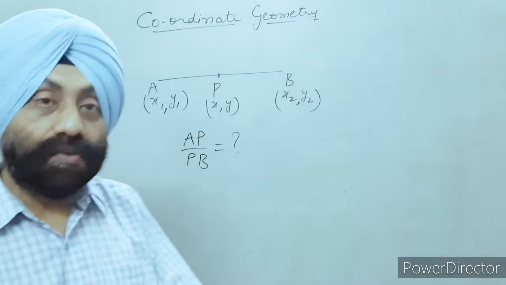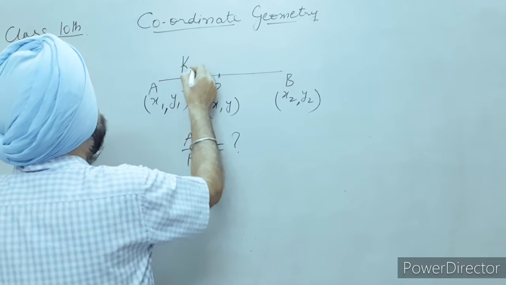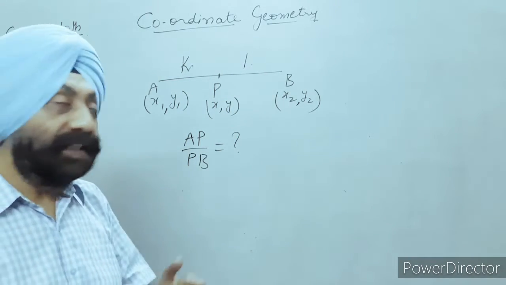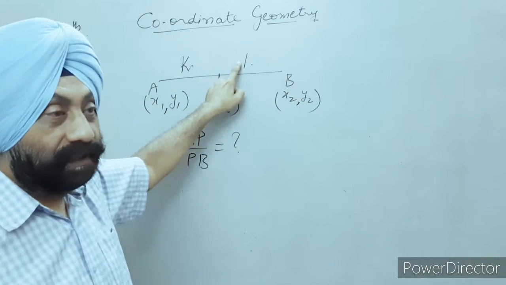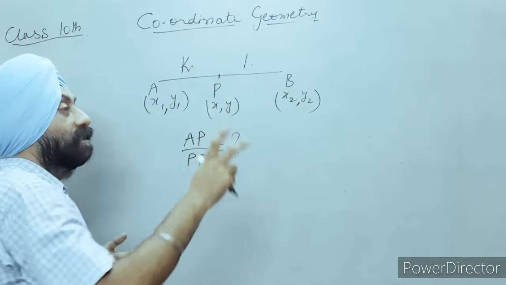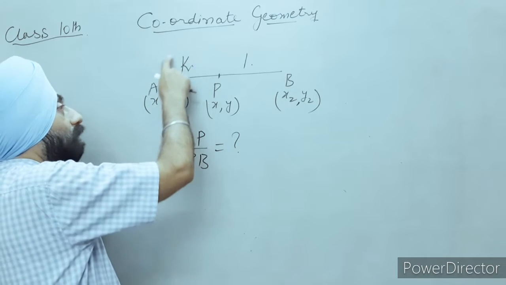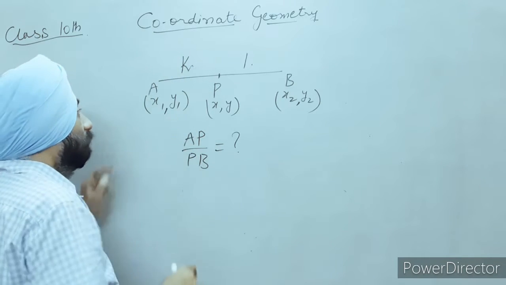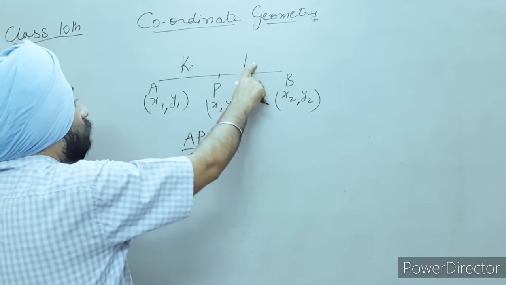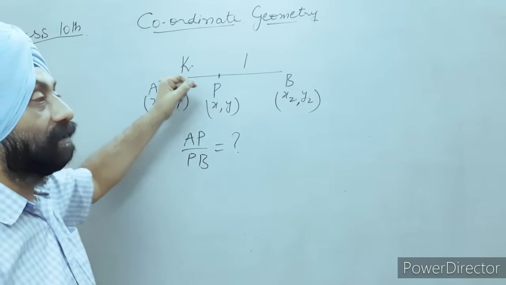So it is better to take the ratio as K:1. It will make your calculation much easier. We can take this as m:n, but there you will get two unknowns, m and n. In this case, you have only one variable to solve for, that is K. So take the ratio as K:1. It will make the calculation much easier and help you understand it better.